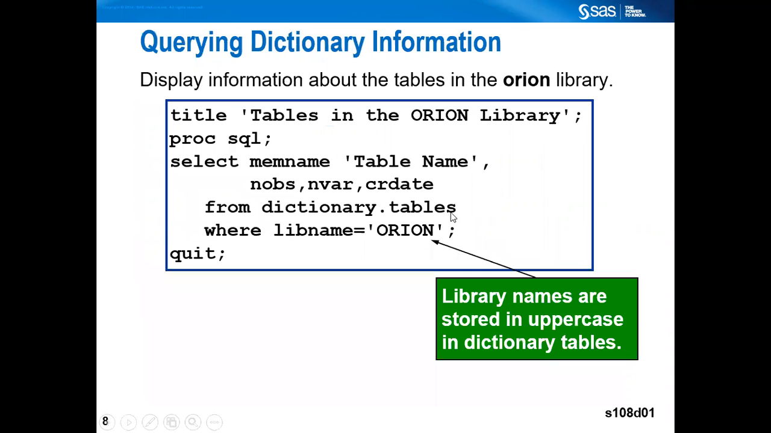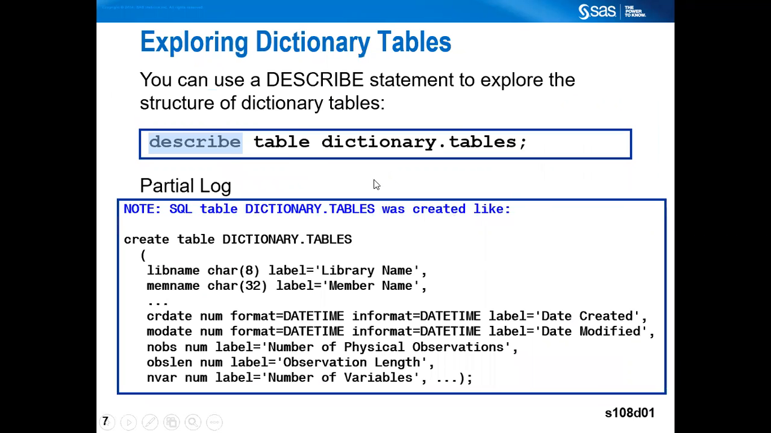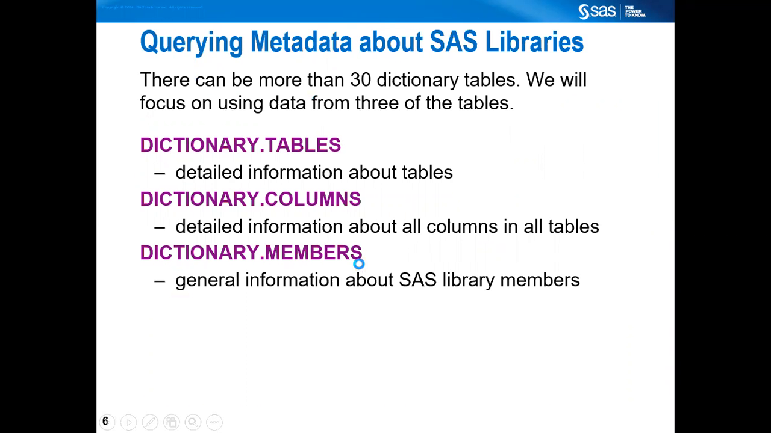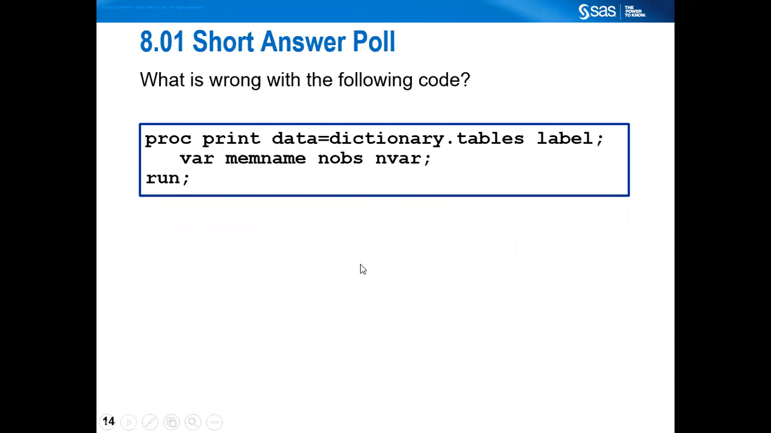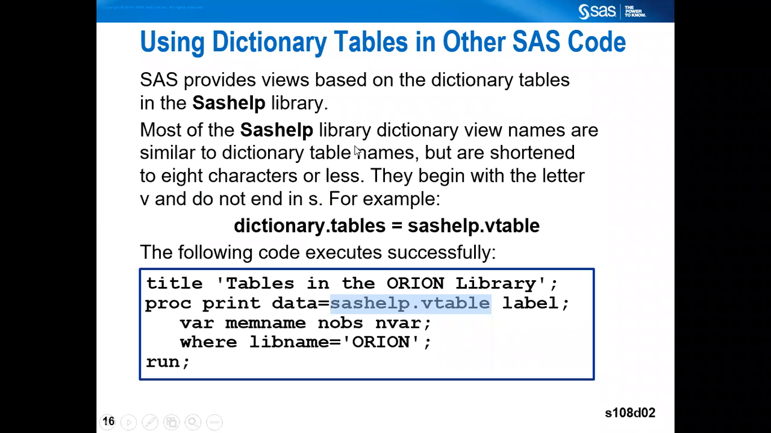Tables, columns, members. So when it comes to base SAS coding, we are going to use this view information in SAS, but it's not ending with S, it is starting with V. So if you are using Proc SQL, you write dictionary.tables, but if you're writing any base SAS procedures, you write sashelp.vtable. So it's equivalent. So in proc print, you write sashelp.vtable,